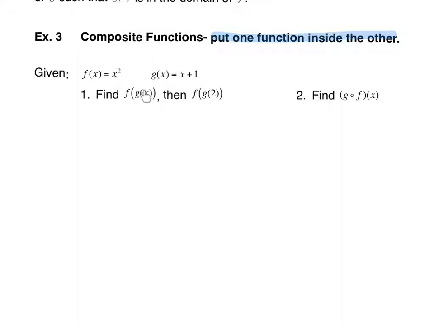So we're going to take the g function here and plug it into the f function. This is on the outside, so it drives what's happening. Since this is on the outside, we're going to take the f function. So we have f of g of x equals, so we're going to take